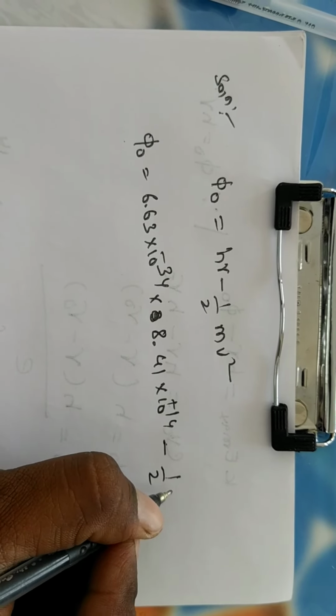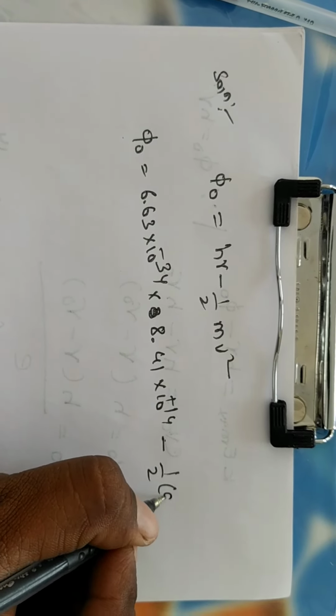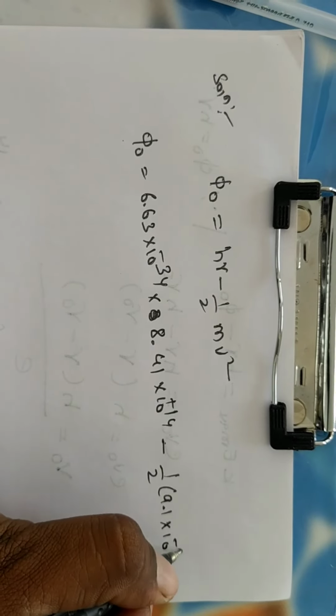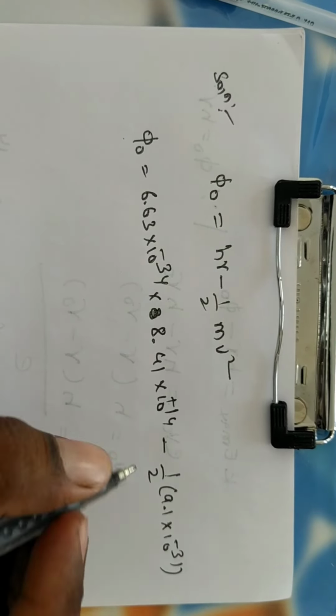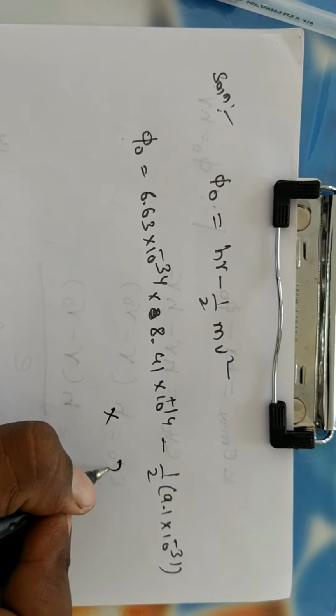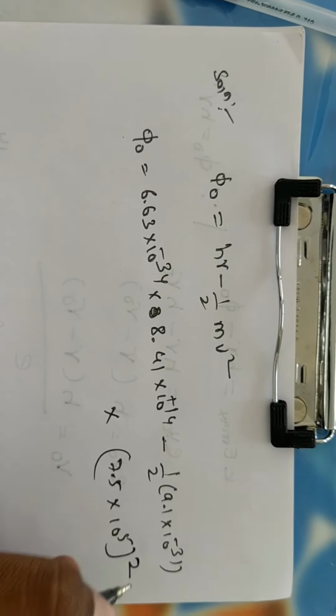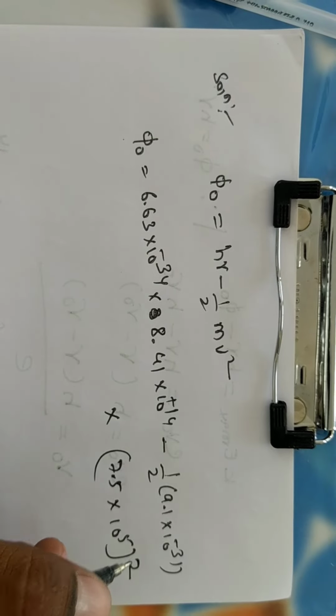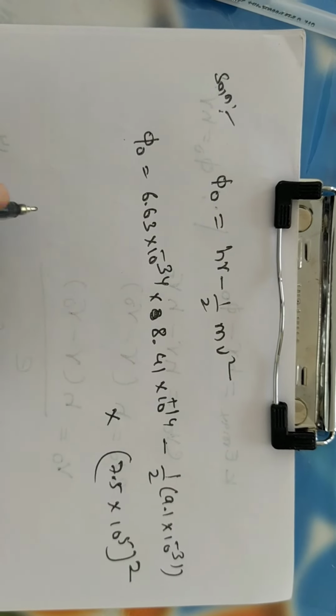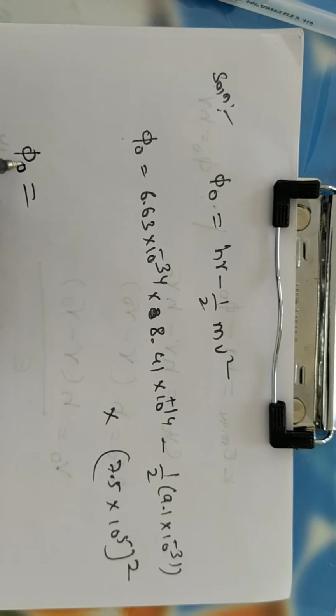Half m value, mass of an electron 9.1 into 10 to the power of minus 31, into v square, v value 7.5 into 10 to the power of 5 whole square. Then phi naught is equal to,